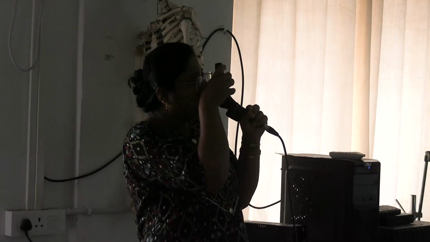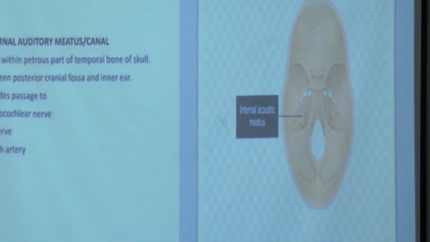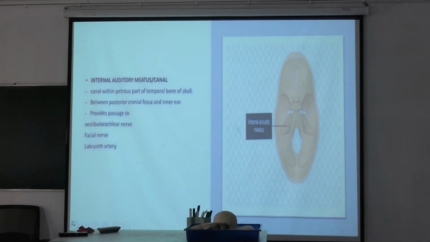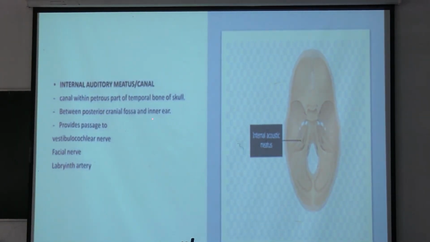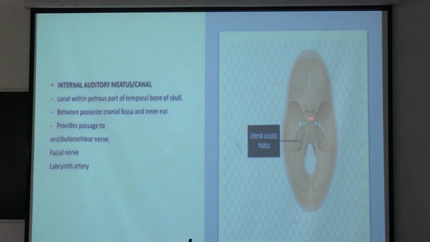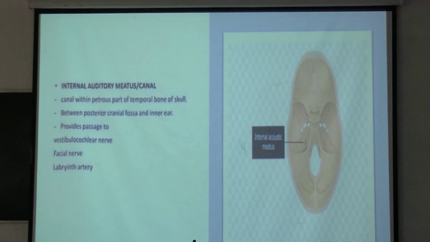Next, we are going to internal auditory meatus or internal auditory canal. Here is the location of the internal auditory meatus. This canal is within the petrous part of the temporal bone, in the posterior cranial fossa. It is located between the posterior cranial fossa and the inner ear, connecting the posterior cranial fossa with the